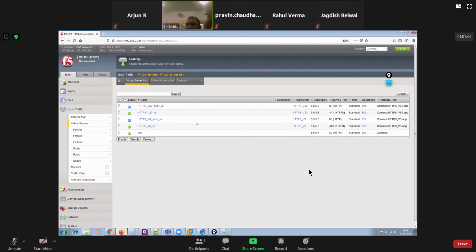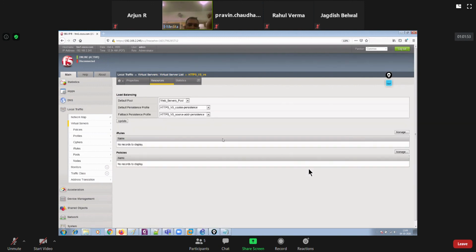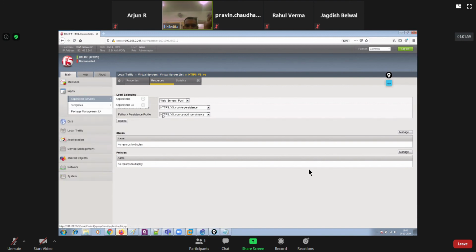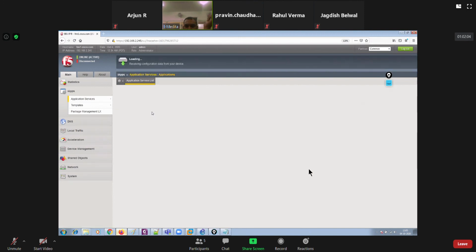Or else I'll just create this virtual server by my own quickly. So go to resources. It's not there. So what I will do, let me go back to the IAP services and let me delete them quickly.